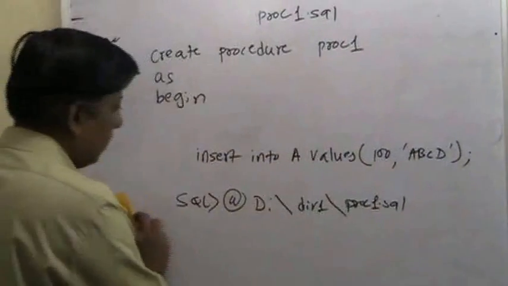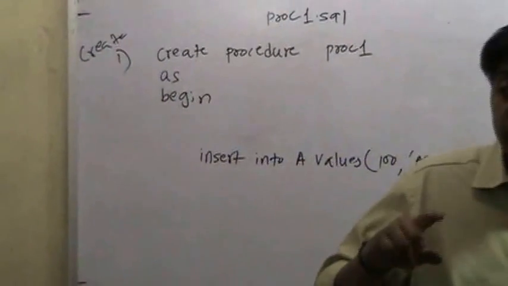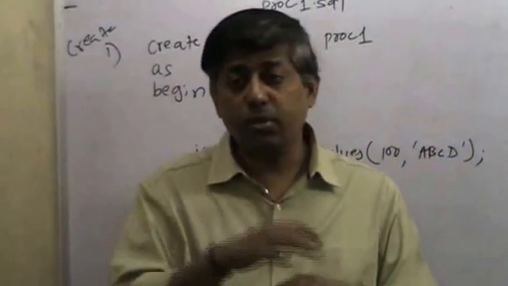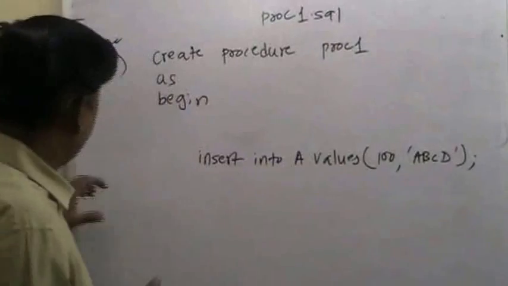Compilation will make sure that the procedure has been created successfully. That means at that time the object is created. And once that object is created, we will see the name of that object in user_procedures, after it is compiled. Now,